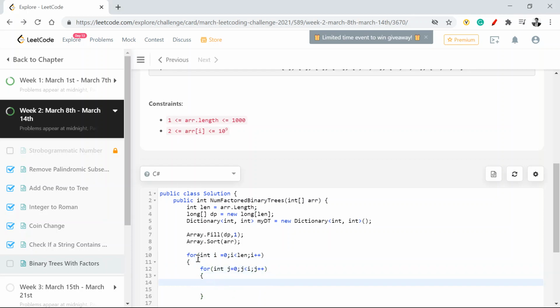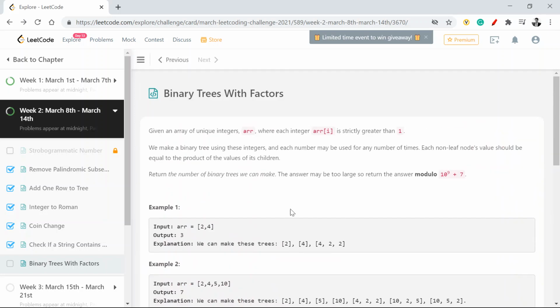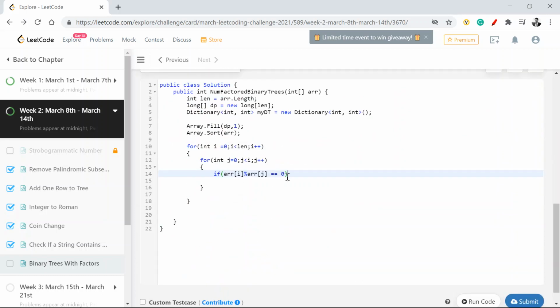Now once I'm inside this, I'll say, if my array i percentage of array j equals 0, that means, because this has to go in line with your problem statement, which says that my parent node is always a multiple of its child node, right? So int remainder will be equal to array i upon array j.